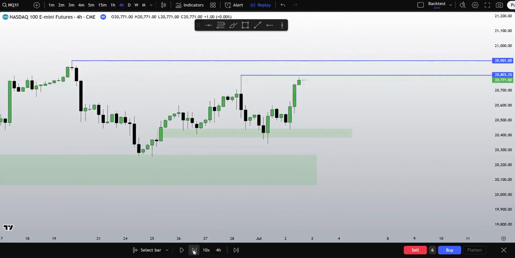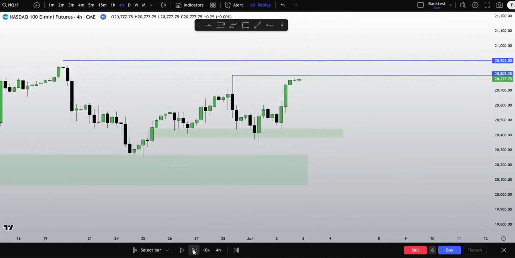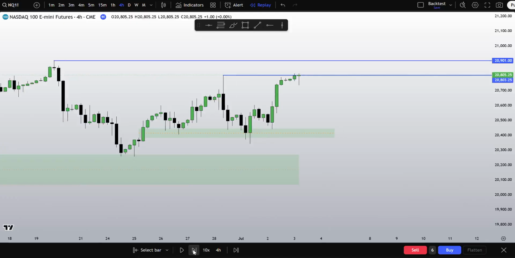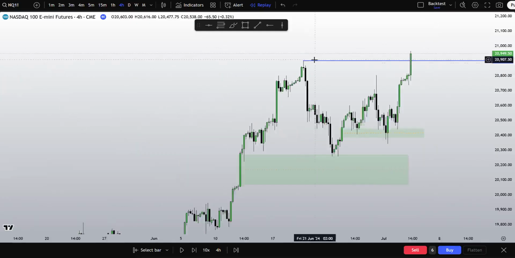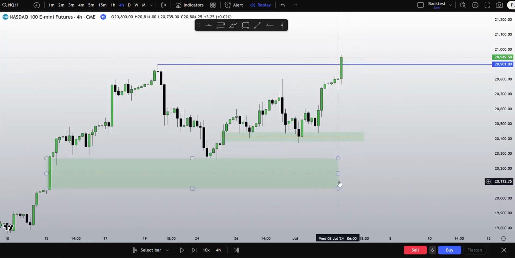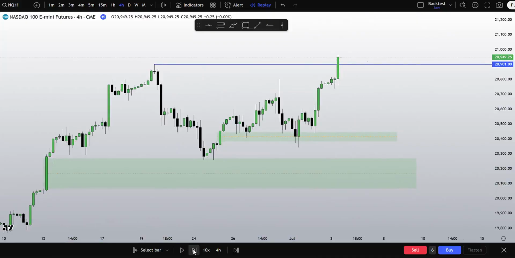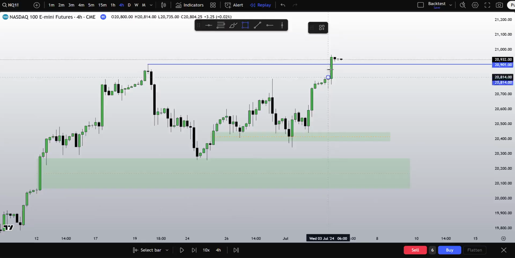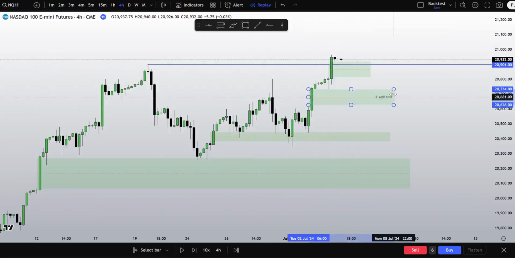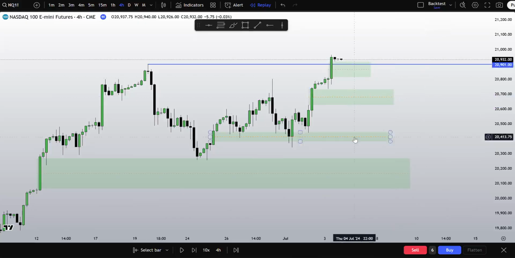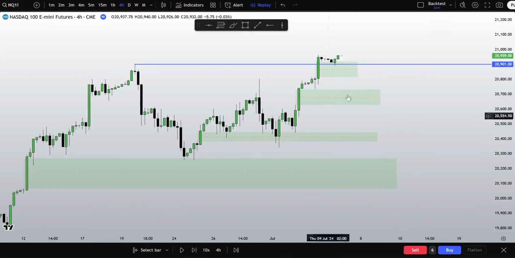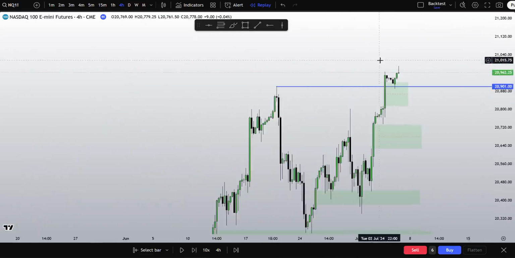That's my draw on the 4 hour. What do we get? Tapped into the first draw. I'd like to see the second draw as well, and you get that as well. 20,901 gets tapped into. Now we are at all-time highs. Again, we're going to analyze our bullish imbalances getting respected. We're going to mark one right here. Should we disrespect this one, I'd like to see this. Very easy. I want to see the next imbalance get tapped into, which is around 80 points away from the first one. If we keep respecting it, then we will analyze accordingly.